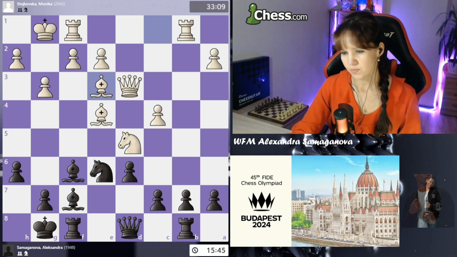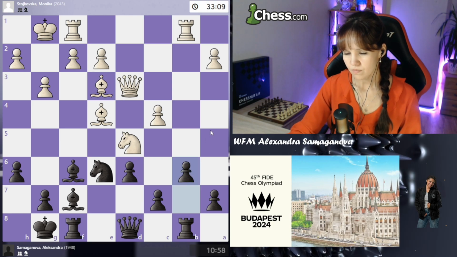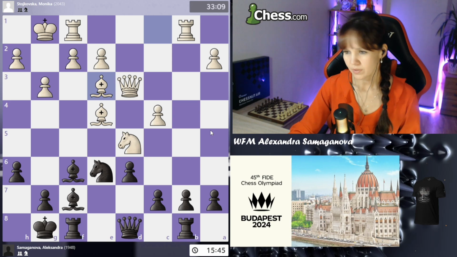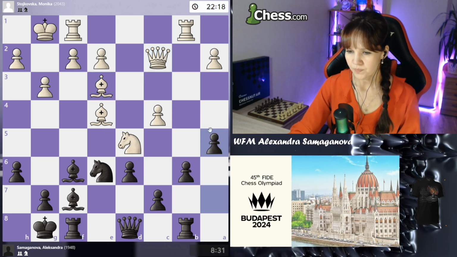She plays bishop e3. She doesn't let me do that. I play b6, which is, well, second line. So I play b6, queen c2,